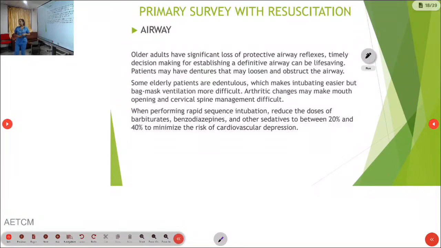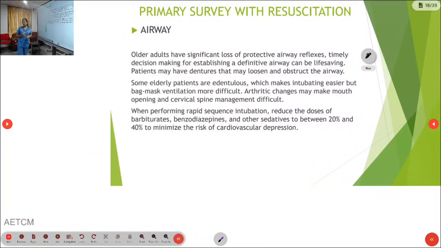So in case of the primary survey, as an ER physician, there are some necessary steps we have to take care of or look for whenever an elderly patient comes to us with any kind of trauma or any situation. First, airway. In the primary survey in a trauma, older people have loss of protective airway reflexes,